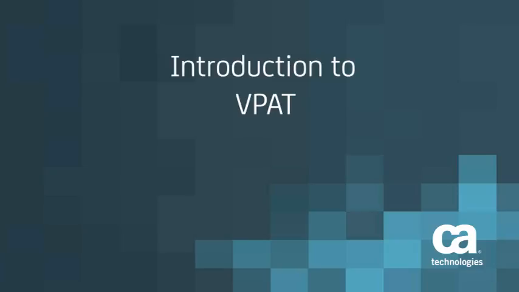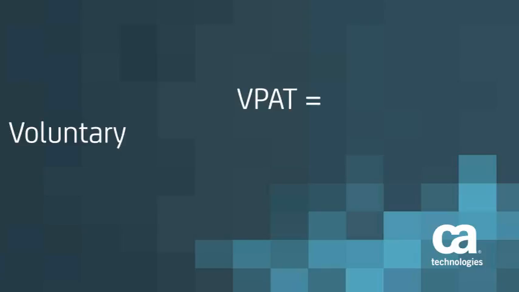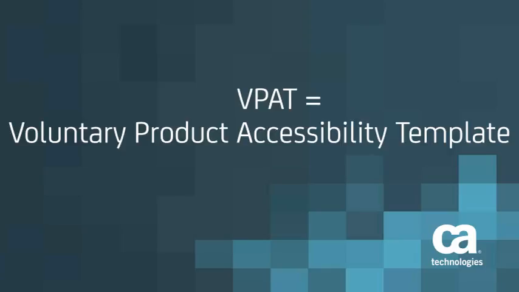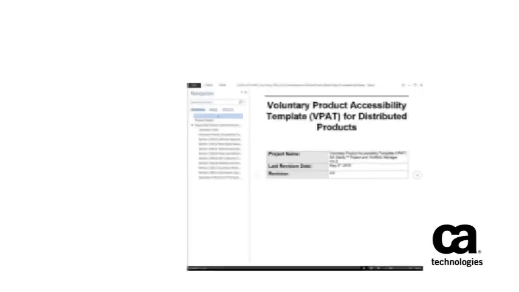To show 508 compliance, companies producing applications for the U.S. government and other customers that demand 508 compliance complete a VPAT. VPAT stands for Voluntary Product Accessibility Template. A VPAT is a statement or report you generate to declare that your product or service claims to conform to